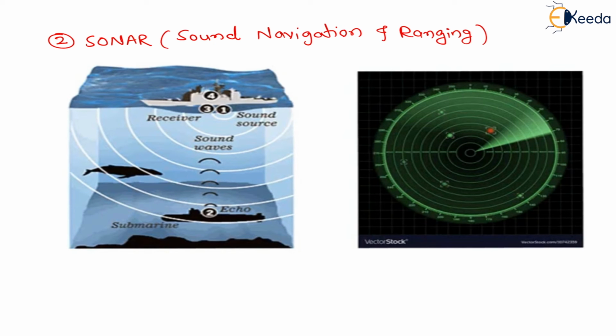Now we will calculate the time taken for the sound wave to reflect, and with the help of this time we can calculate the location of this submarine, or the distance from our ship to that particular object. See, a very simple technique. Here there is an ultrasonic sound generator, which will generate sound in all possible directions, and whenever the sound wave strikes any other object, it will get reflected back, and we will calculate the time taken to return.